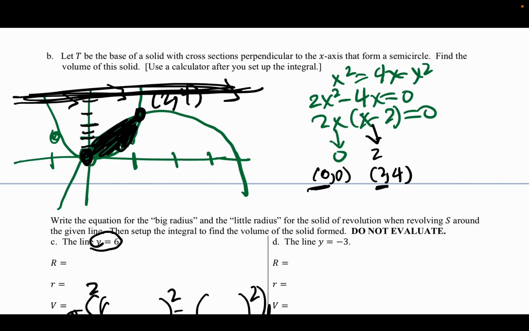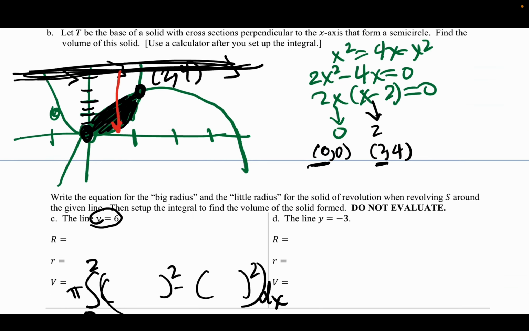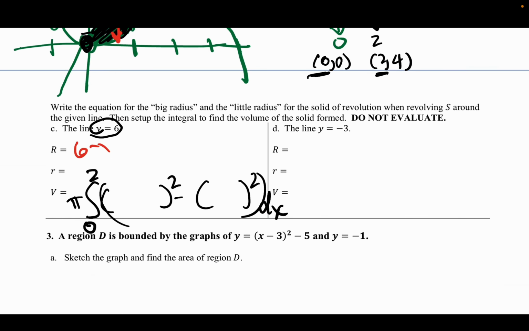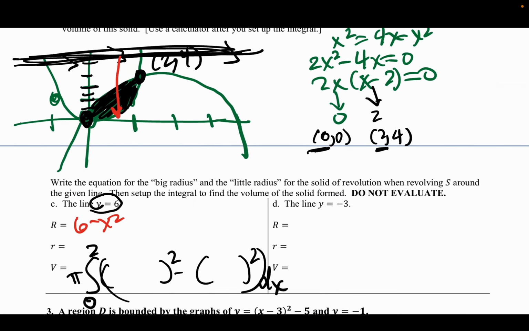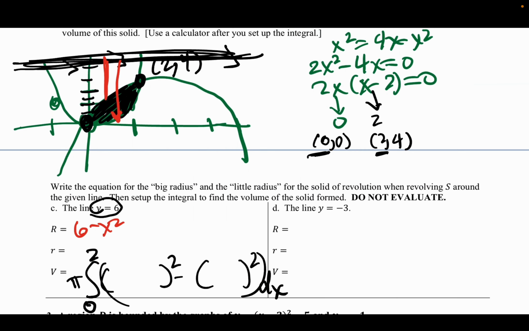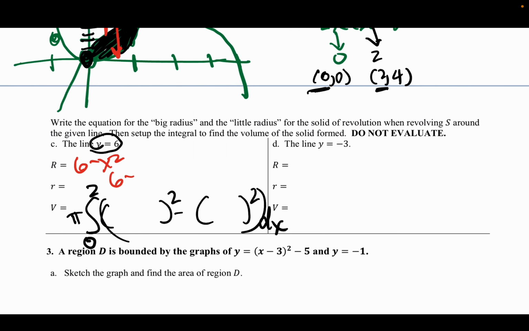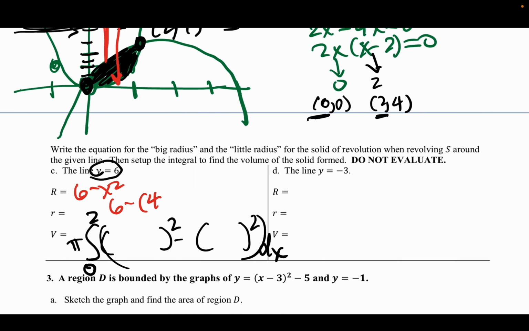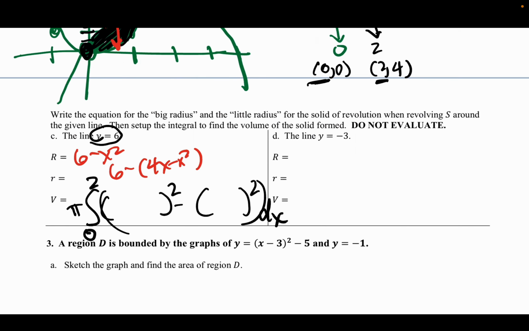Now the big radius: if you're doing it in terms of x, you're thinking of your y's actually. I'm going to go top minus bottom. So that's going to be the line 6 minus the upward curve, so this is going to be 6 minus x squared. And then this one is going to be 6 minus the bottom one, which is 4x minus x squared. So this goes in here, 6 minus x squared. And in the other one you get